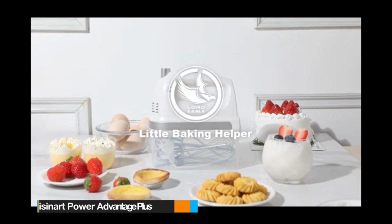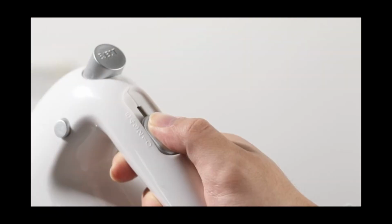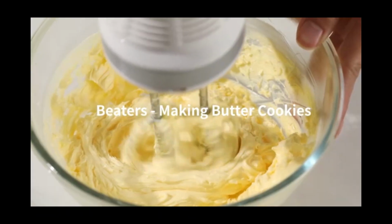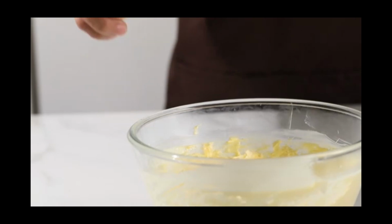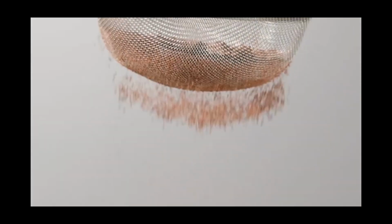Moving on to the Cuisinart HM90S Power Advantage Plus 9-speed handheld mixer. This mixer offers 9 speeds and an easy-to-use one-touch speed control. The pros include its powerful motor and included storage case, but some users have experienced issues with the beaters coming